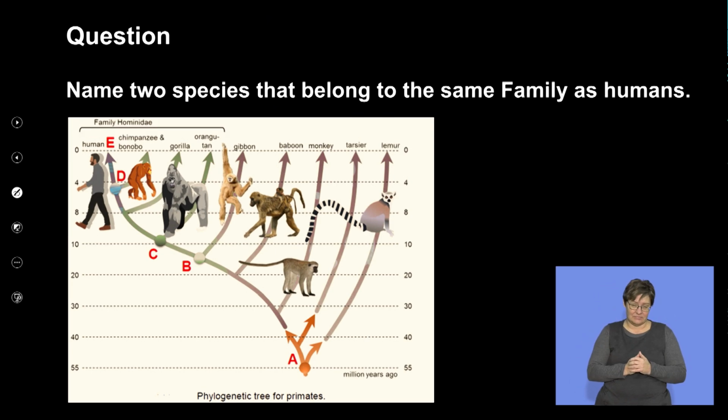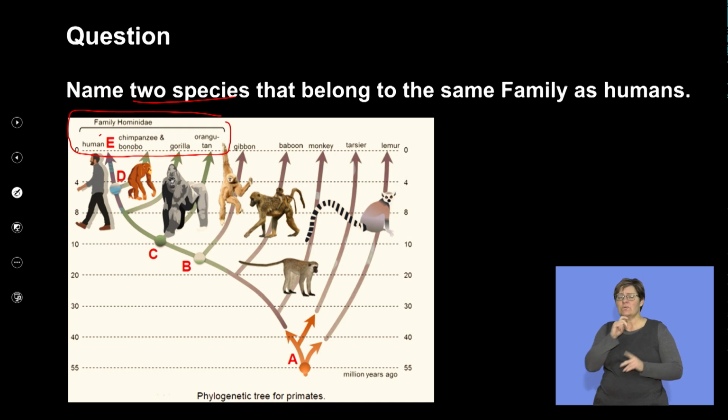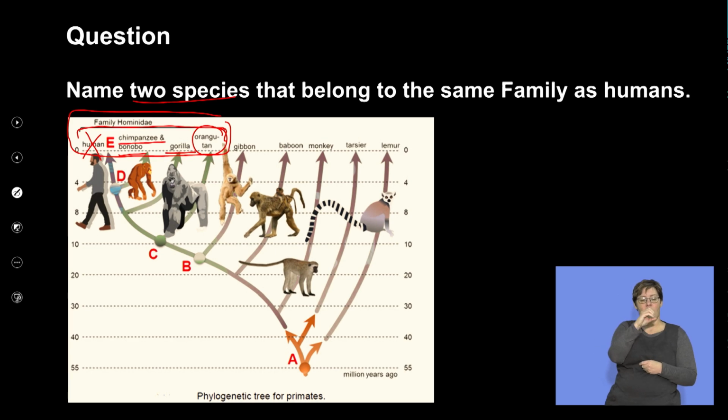Next question, name 2 species that belong to the same family. So here we go. It's told me the family has humans, so don't use humans because they've already told you. You have then got 4 to choose from: the chimpanzee, the bonobo, the gorilla, or the orangutan. Right. All of those fit into the bracket that's telling us these are part of the Hominidae family,